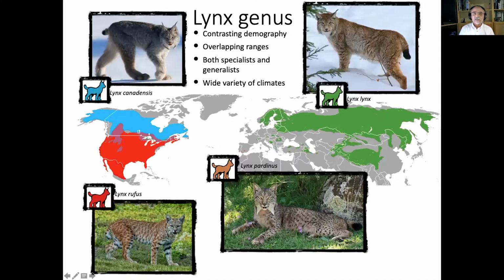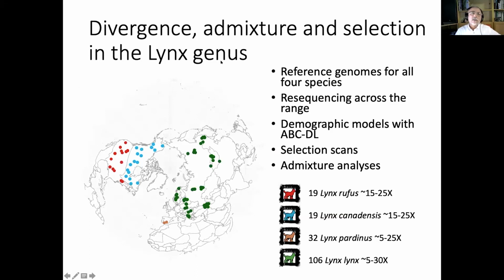And finally, the last thing we are trying to approach is expanding even broader to all four lynx species in the lynx genus. This offers a nice scenario because it covers both American and Eurasian species, northern and southern species that eventually overlap in their ranges, and a number of ecological traits that are different between them. So we thought it would be nice to explore in more detail the divergence, admixture and selection occurring between lynx species. For that, we also gathered a nice set of samples that expand the distribution of the American species, the bobcat and the Canada lynx,